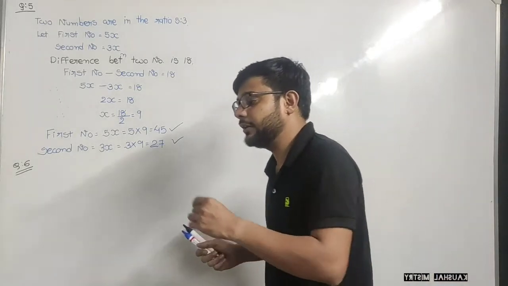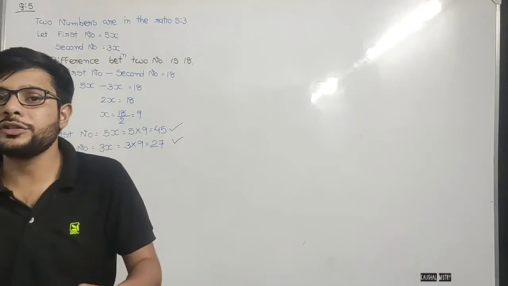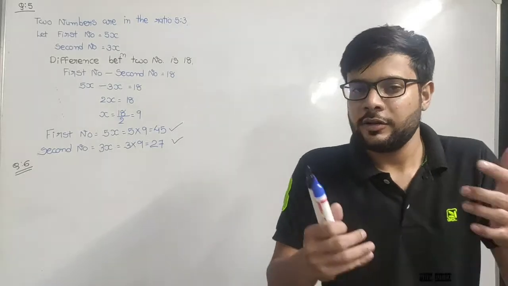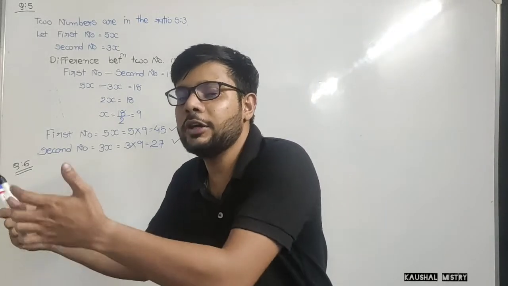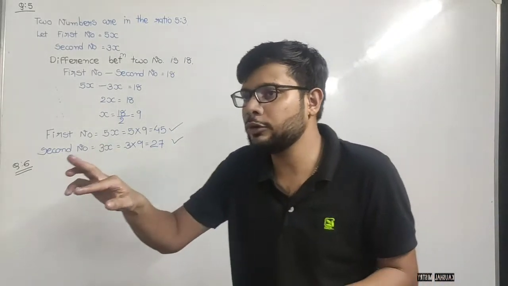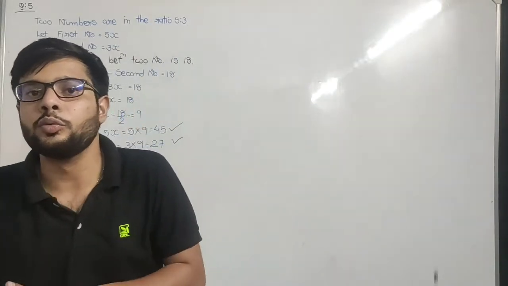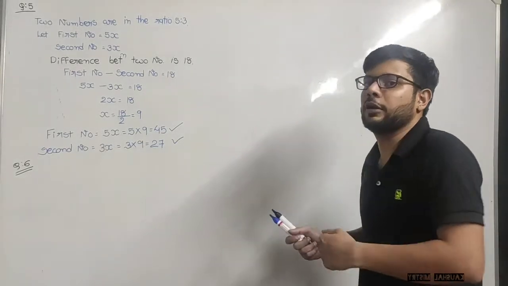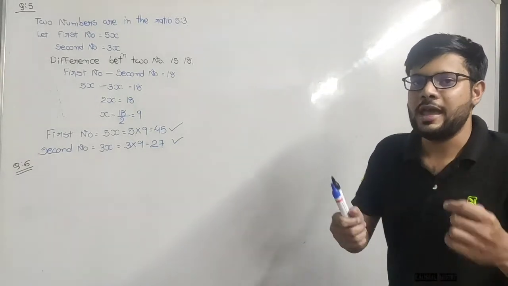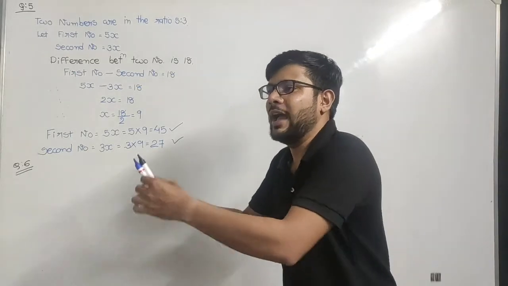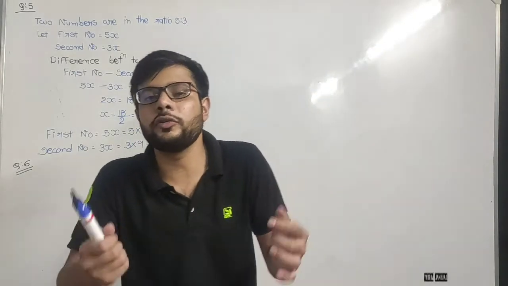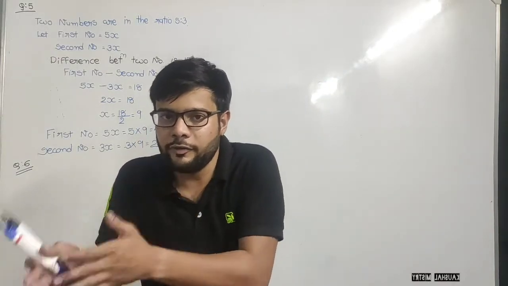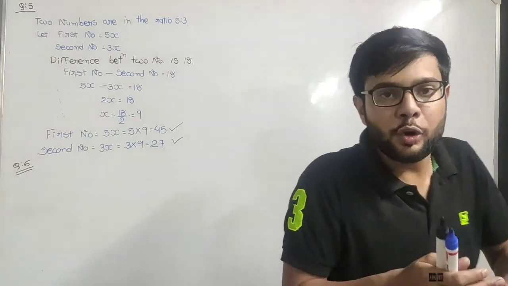But if it says 3 consecutive odd numbers मतलब क्या होता है, 1 3 5, 5 7 9, 9 11 13, that means the difference between two consecutive odd numbers will be 2. So if you have to assume odd numbers, then you have to assume x, x plus 2, x plus 4. Same for even numbers, because even number क्या होता है 2 4 6, 6 8 10, 10 12 14, मतलब डिफरेंस कितना का होगा, 2 का.